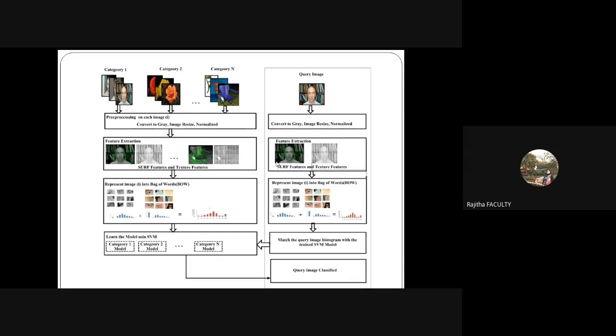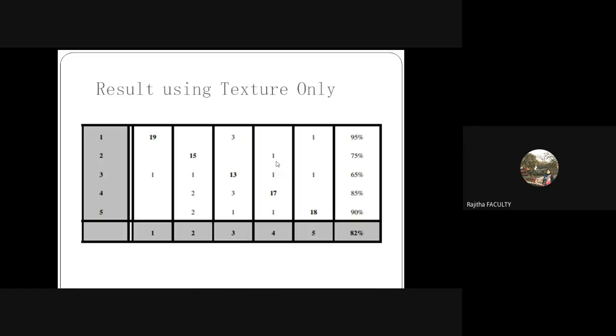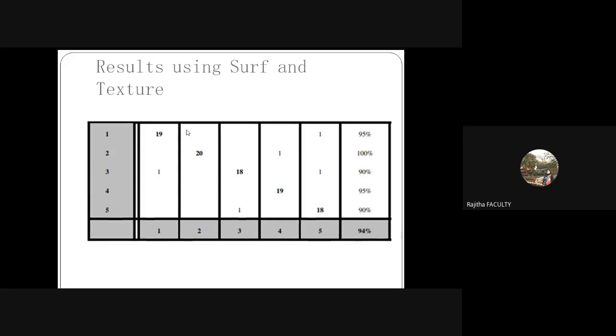Now let's see what accuracy I got. For only texture, I got 82. When I used only SURF, I got 88. But when I used the combination, my accuracy improved. For all of them, the machine learning technique used was support vector machines only, SVM. We got the accuracy as 94%. Still it is less, because I need to get above 95, around 98 or 90-something percent accuracy. Only then I think my machine will give better results.